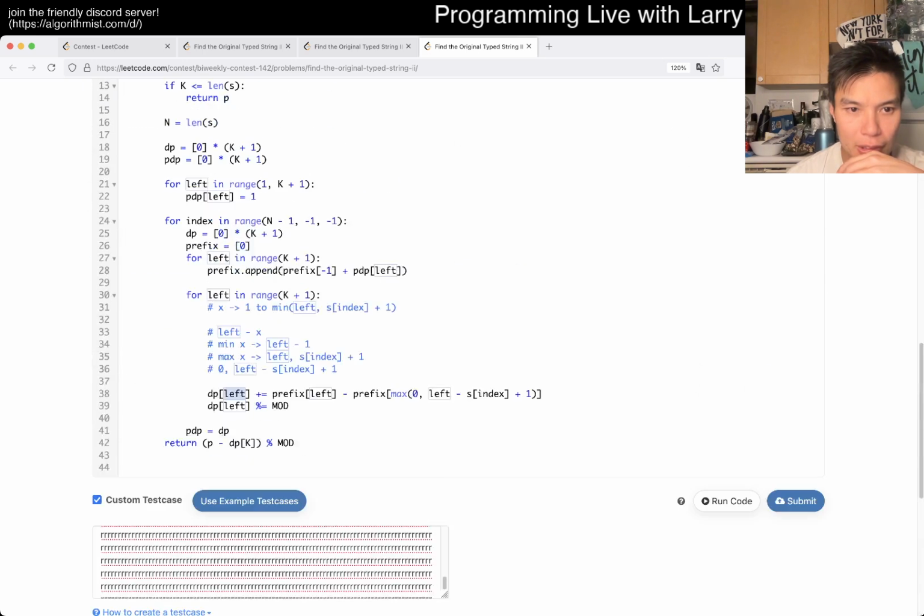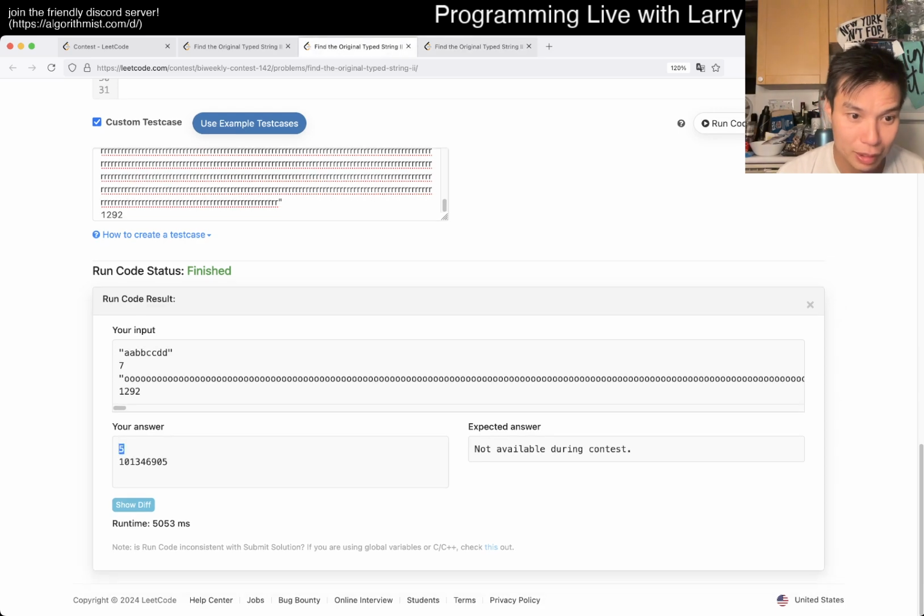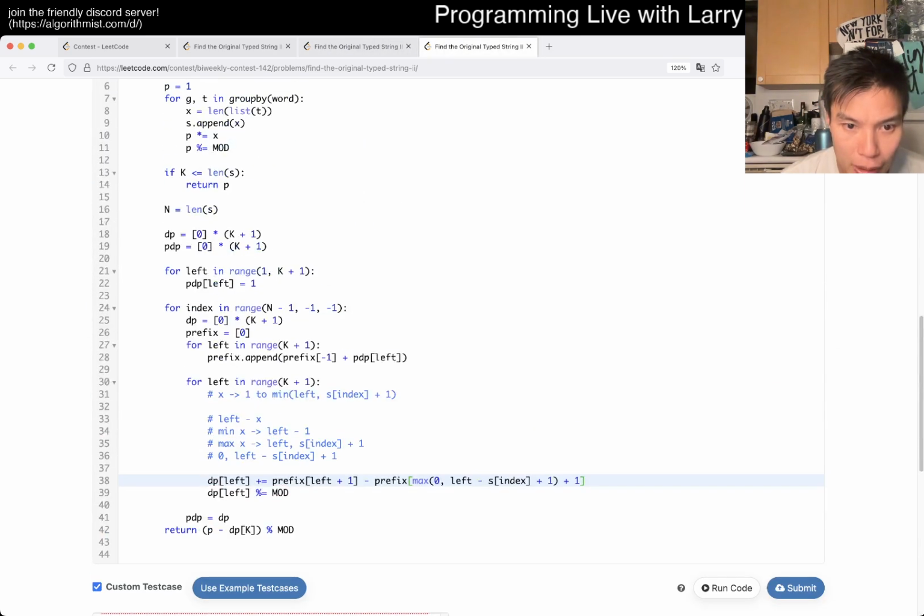So okay, right? Prefix of, so let's say this is 1, then this is 1, which is way wrong. This should be left +1. I think there's a +1 on both sides and I just messed it up. Nope. This is way too big.